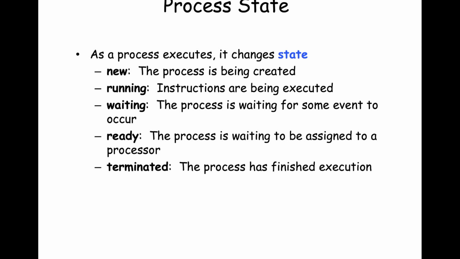We also have the ready state. That's a process that can execute on the CPU, but it's not executing on the CPU. So once you're done waiting, you are put in the ready queue, and every process in this list, called the ready list, i.e., they have a ready state, can actually execute on the CPU if they are selected for execution. So the ready state describes a process that's waiting to be assigned to a processor to actually have its instruction stream executed on the CPU or a set of CPUs.